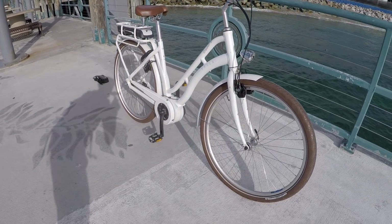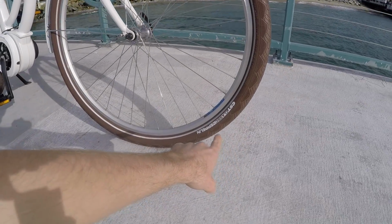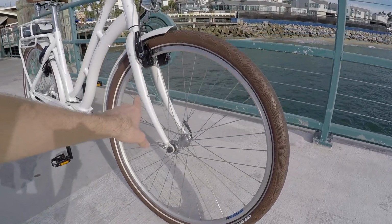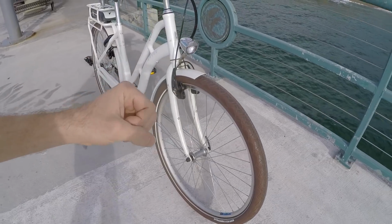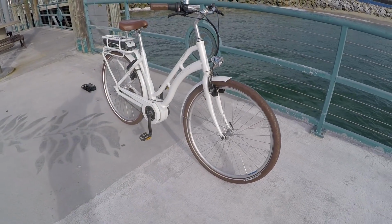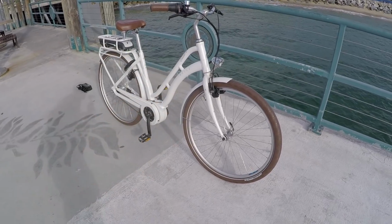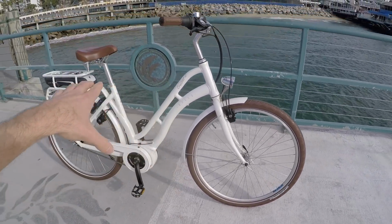really have any suspension. Instead, you're relying on these CST Classic Zeppelin tires. They're 28, that's the diameter, by 2, and that's sort of the width right there. So a little bit fatter than a city tire, road tire. It's going to give you some cushion, and it definitely feels nice. It's got a decent PSI spread, so you could lower the tire pressure a little bit to give you some